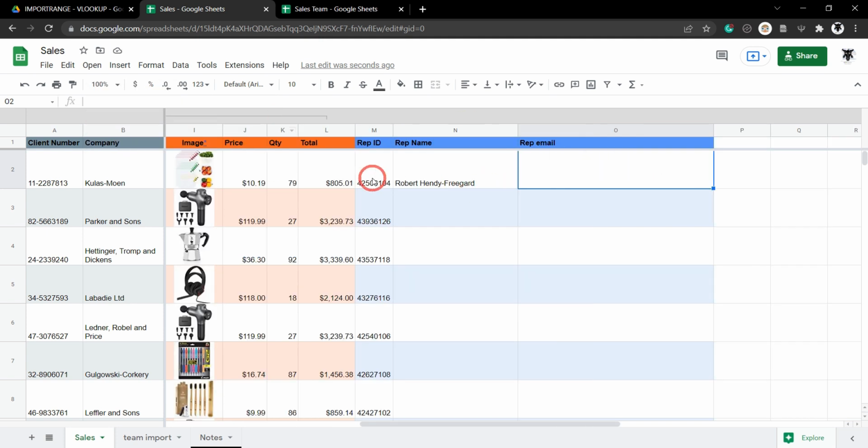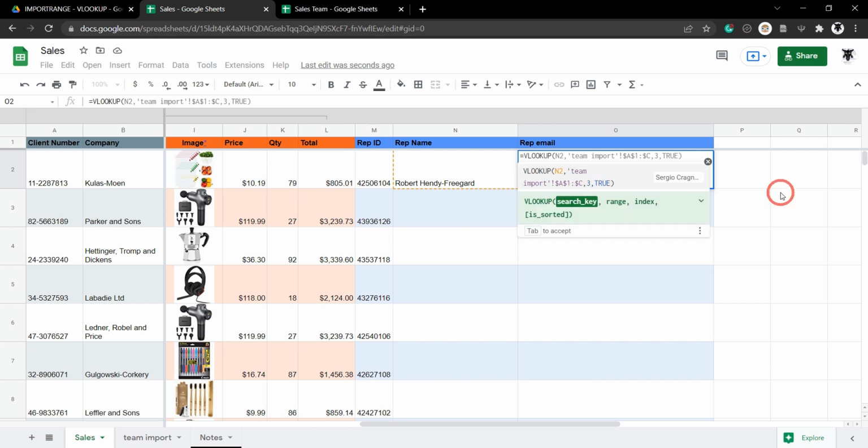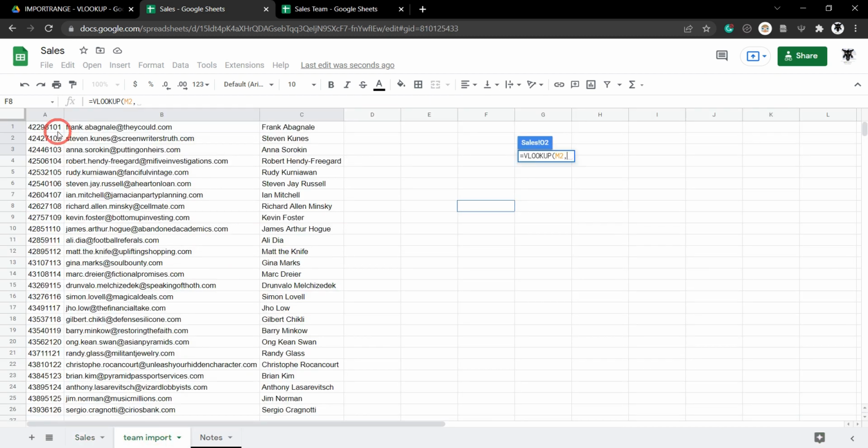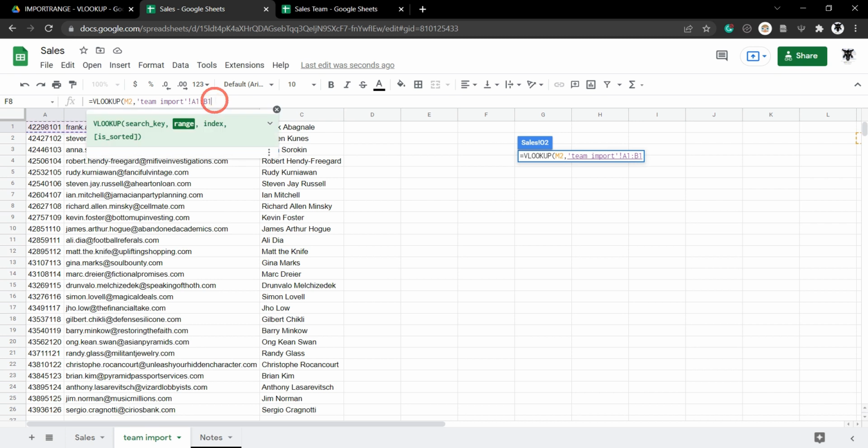Next thing we want to do is find the email of the person with this rep ID. So same thing again, bit of repetition is always good to practice. So we'll do VLOOKUP. Let's go over to our M column to get the rep ID. And that's our reference. And now our range, we'll go back to team import. And this time around, we only need up to column B because we're looking for the email and not just the name. So I'm going to select this A1 across here, get rid of the 1 to keep it open,